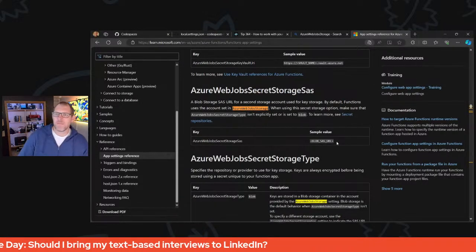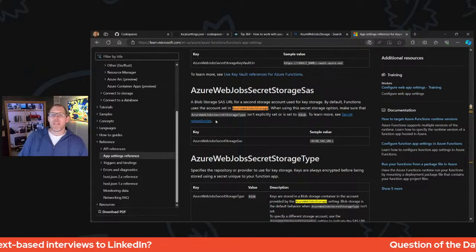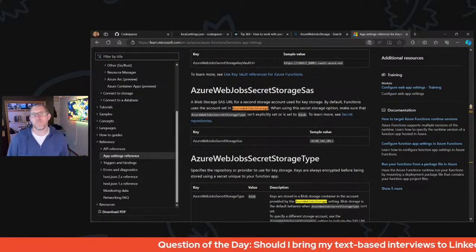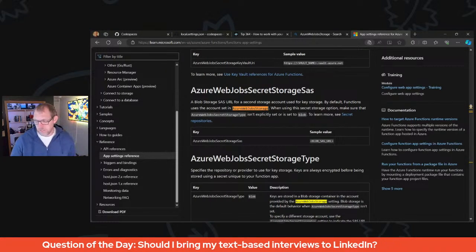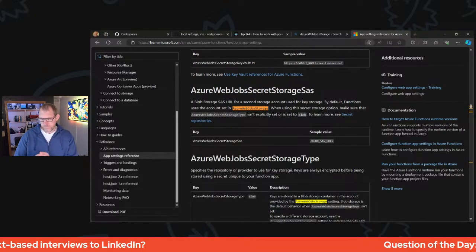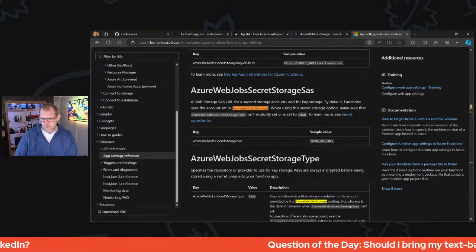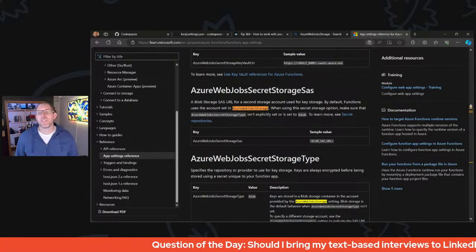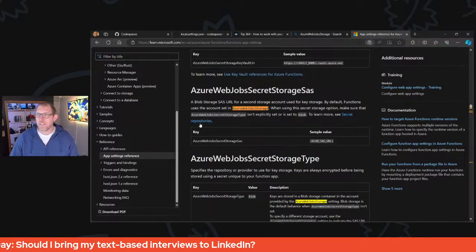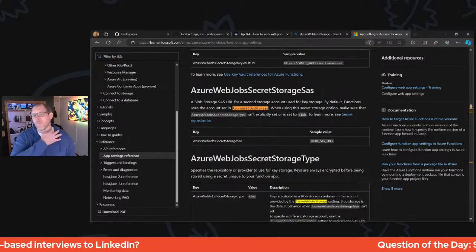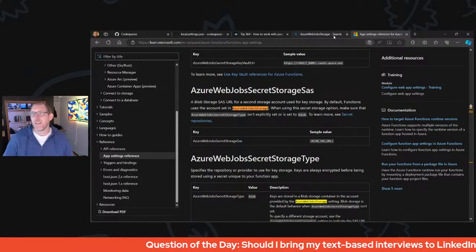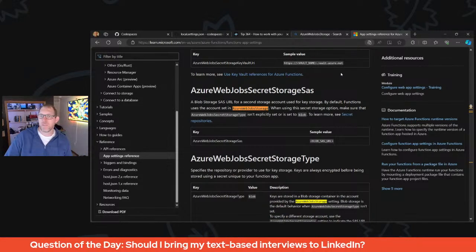Azure WebJobs storage. It's maybe easy enough for me if I just create a storage account for GitHub Codespaces and post there. All right, looking at my phone again. Getting distracted. So maybe that's what I need to do. And just put that into our local settings file. A little bit worried about that, but